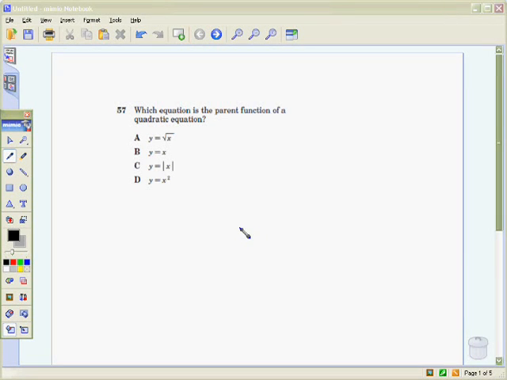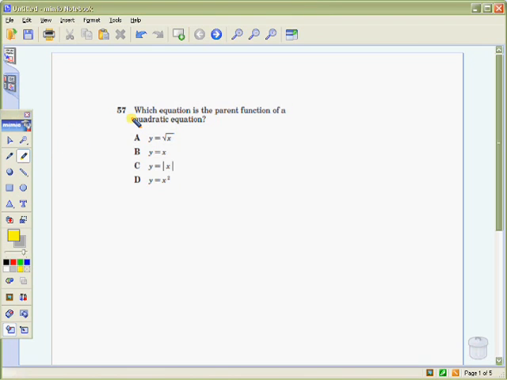Okay, today we're going to talk about Objective 2, Understanding Properties and Attributes of Functions. Number 57, which equation is the parent function of the quadratic equation? Now, in some problems on the TAKS test, you're going to be given different types of graphs that you would have to match up. But in this case, you have to be able to recognize that term quadratic and what